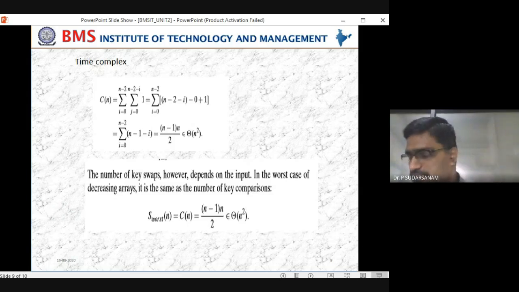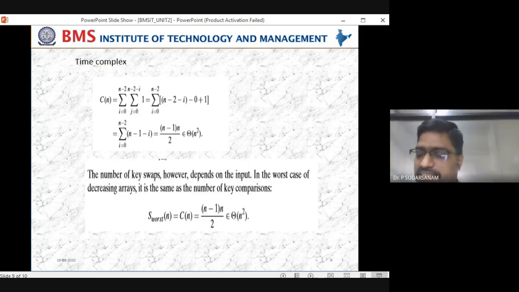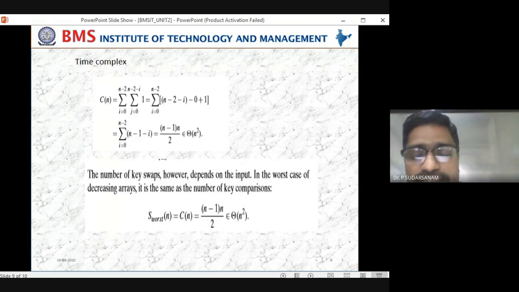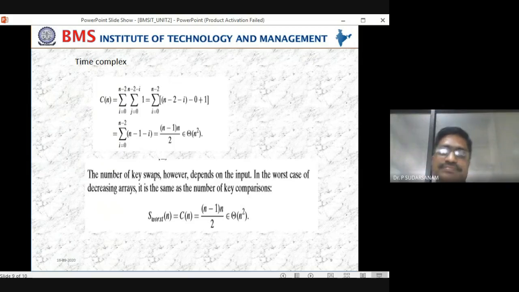Suppose in the examination they ask: for selection sort, what is the time complexity? Ginger, what is the time complexity for bubble sort? Theta n square. What is it for selection sort? That also is theta n square, sir. That's it, no need to bother. When you are doing operations without breaking or stopping in between, you can directly say theta of n square. So here it is theta of n square, and there also theta of n square. The time complexity of selection sort and bubble sort are both the same.